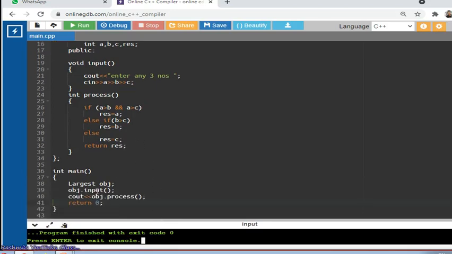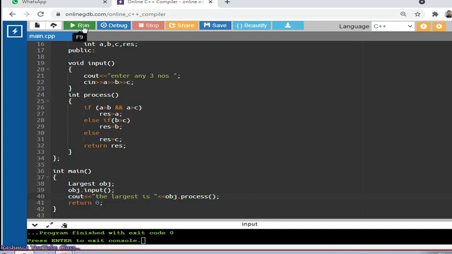Now it is processing. The process is running. So it comes to the process function, the result RES is getting stored, and at last it returns the result. So where is the result returning? To the same place from where you called. So directly it is printing the answer here. Suppose you want to see a statement, you can write here the largest is.